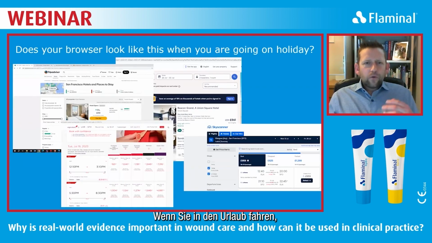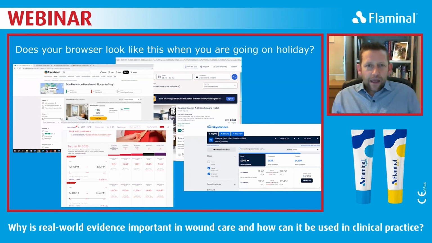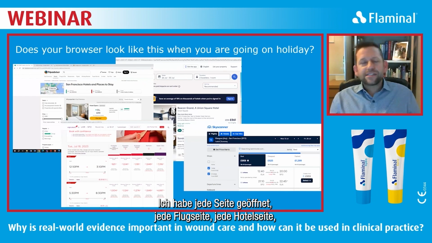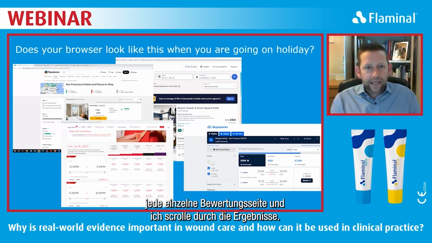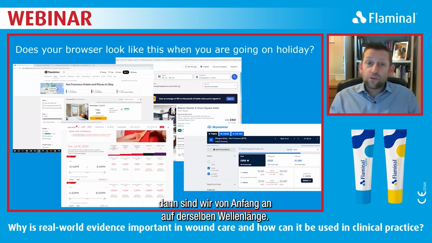So, when you're going on holiday, does your browser look a little bit like this? Mine certainly does. Really busy. I've got every single page open, every single flight page open, every hotel page, every single review page, scrolling through the results. So if your answer to this is yes, then we're already really singing from the same hymn sheet